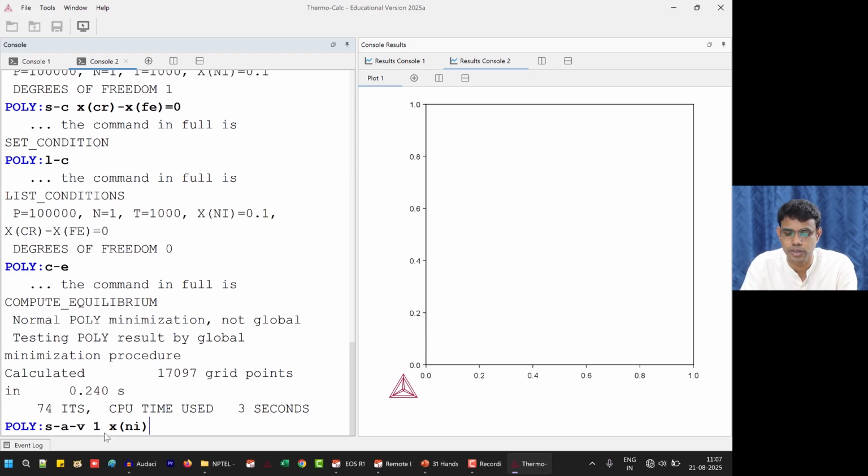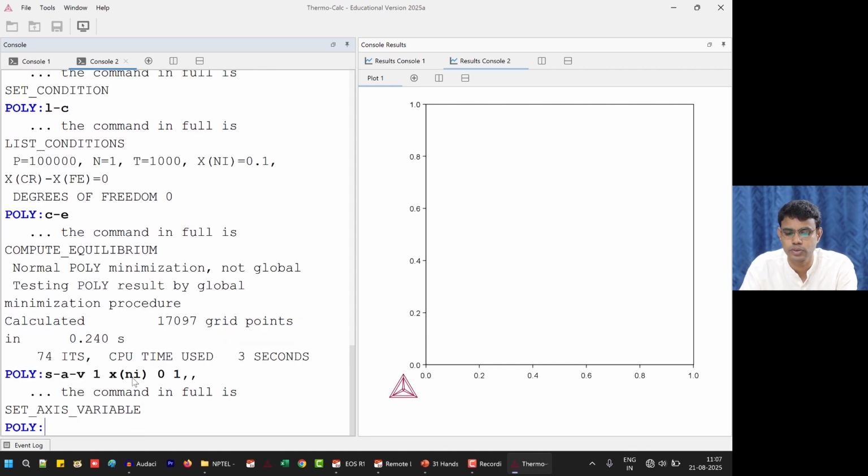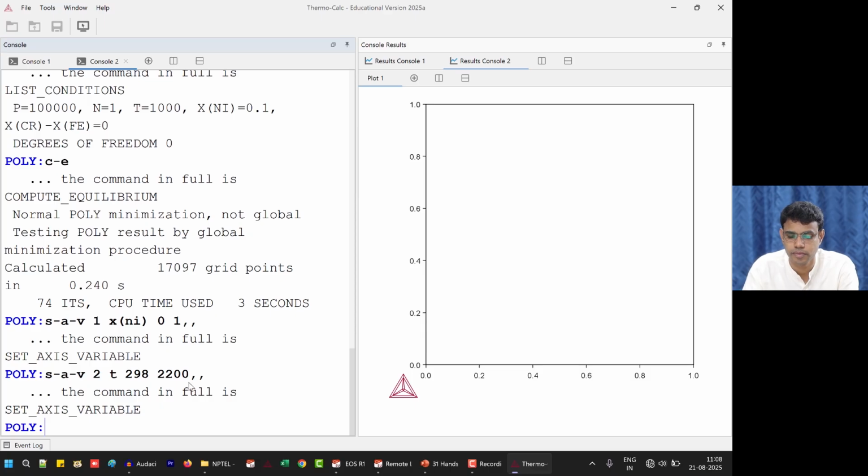Okay, set axis variable 1, x of Ni space 0 space 1. Okay, double comma, enter. So nickel is going to go all the way from 0 to 1. Then set axis variable 2 is going to be temperature from 298 to 2200. Enter. Done.